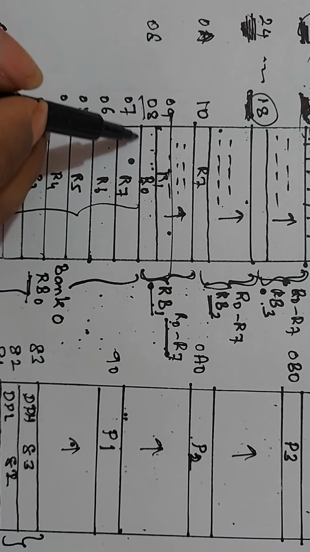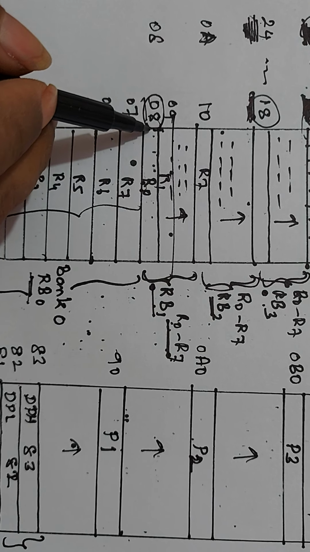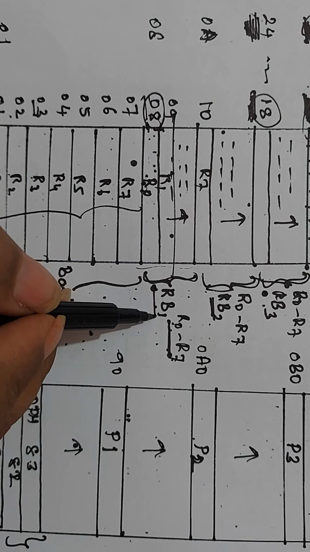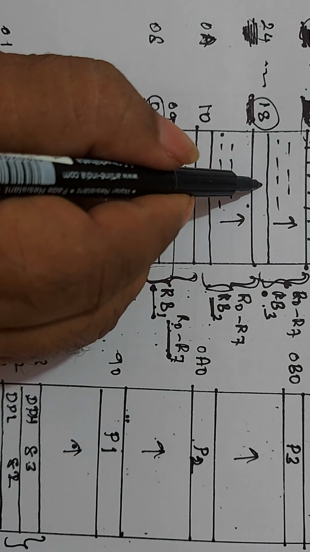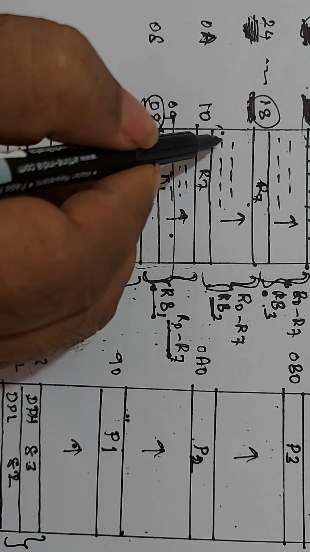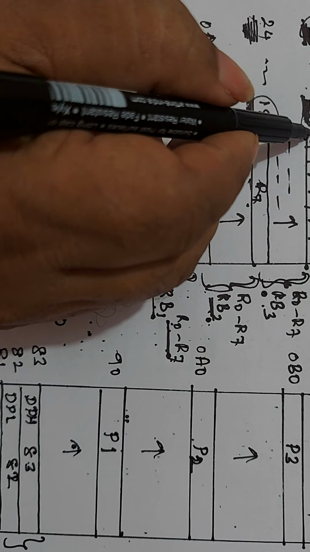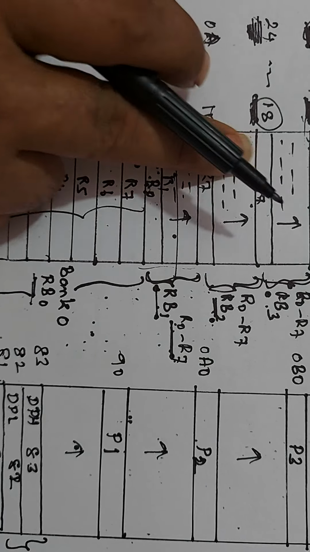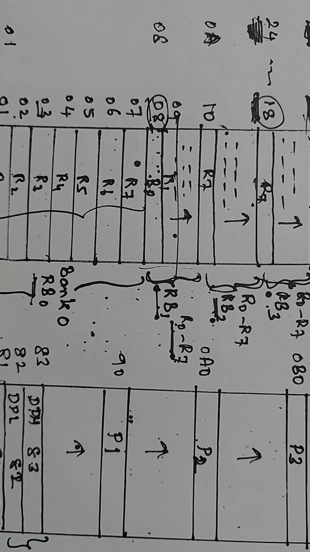The byte address of R0 is 08. If you select 08 as the byte address of the register R0, then R0 occurs in the register bank RB1. Similarly, 18 is the byte address of the same register R7, but in the register bank RB2, etc. You will study this register bank and their different byte addresses in different banks in Unit 1.